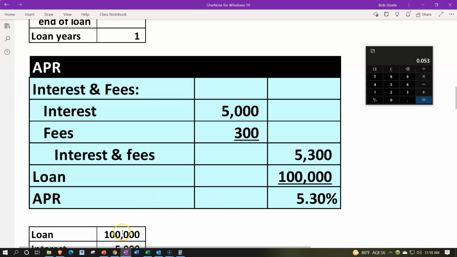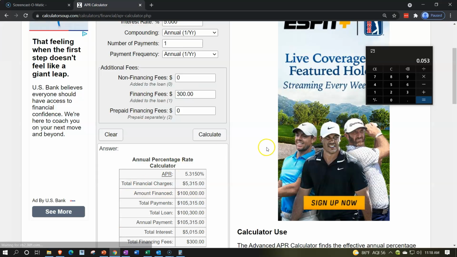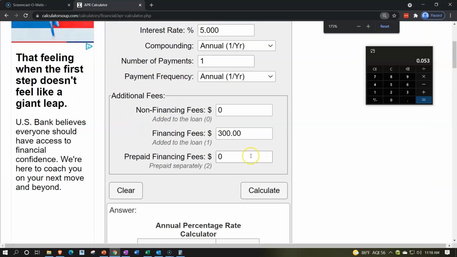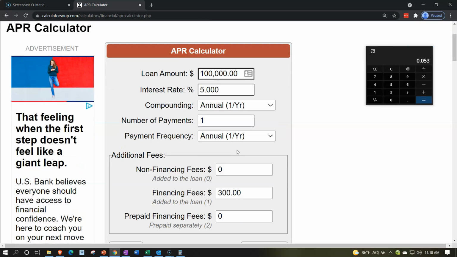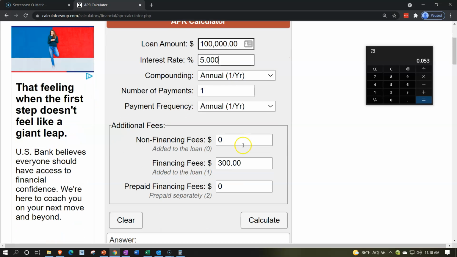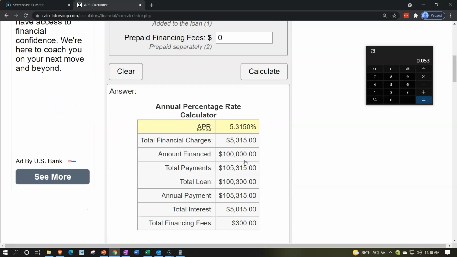Now, you can find APR calculators on the internet. Here's just one example of an APR calculator. We've got the $100,000 loan. I have to use the interest rate here instead of putting in the interest and letting it calculate the interest rate. So I'll put the interest rate here. We're going to say it's annual, and number of payments 1, and the payment frequency annual. So then I'm going to put in the fees of the 300, and then it'll give us our calculation, the